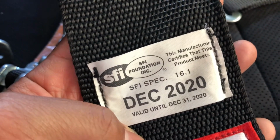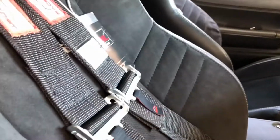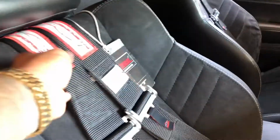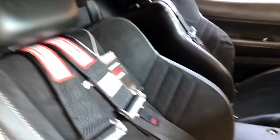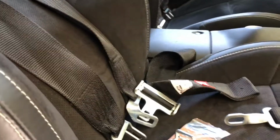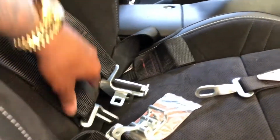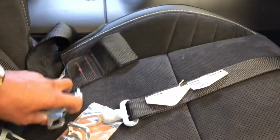the specs, safety. Again, it's valid through December 31st, 2020, which means that once this December 2020 comes, this particular harness is no longer guaranteed, which means when that happens, this harness will be replaced. If the car is still owned by me, it will be replaced. If it's not still owned by me, anytime I sell one of these cars, I also put the details of the safety that comes along with it, where it should